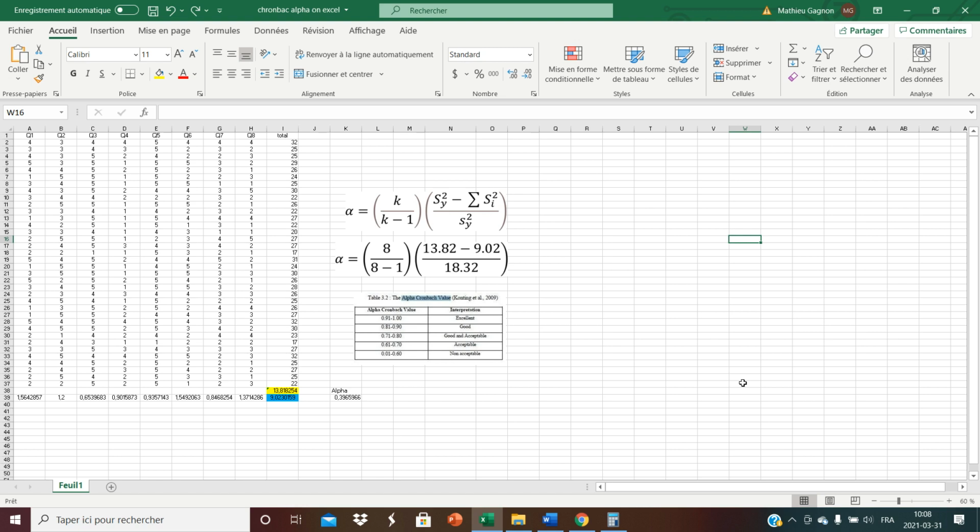If you get an alpha that's definitely between the 0 and 0.6, so in the non-acceptable range, I'm going to ask you to delete questions to see if you can raise it, and then to look at which questions, if that works, which question needed to be deleted, and why do you think there was something bad or different with this question. And if you can't raise the alpha by deleting any questions, I want you to tell me that as well.